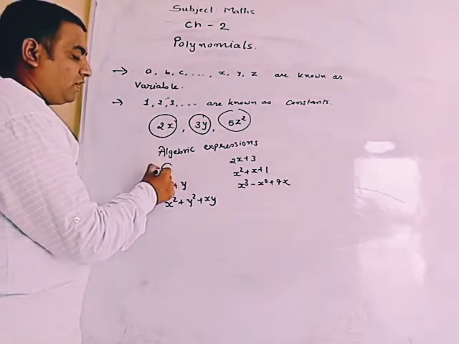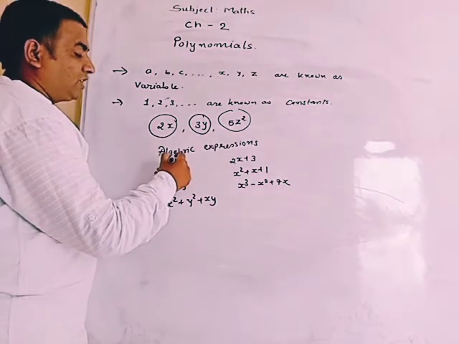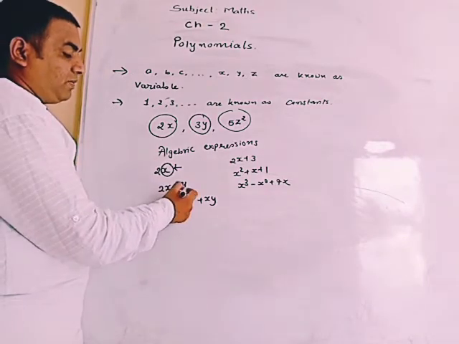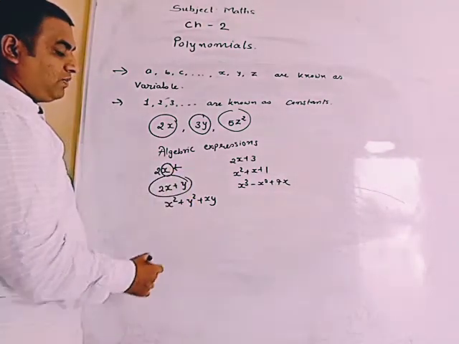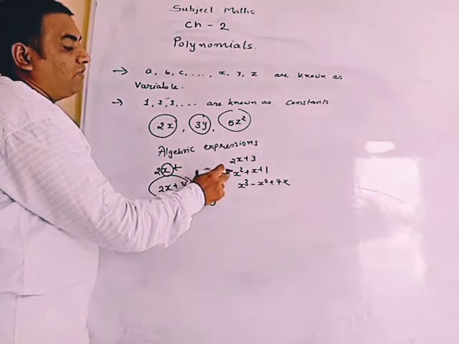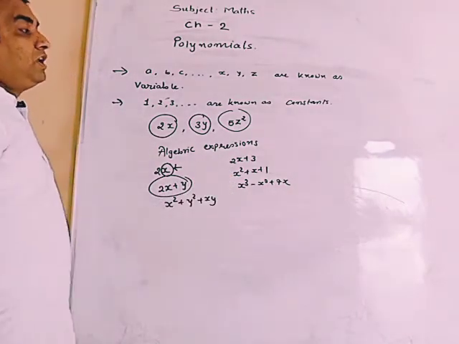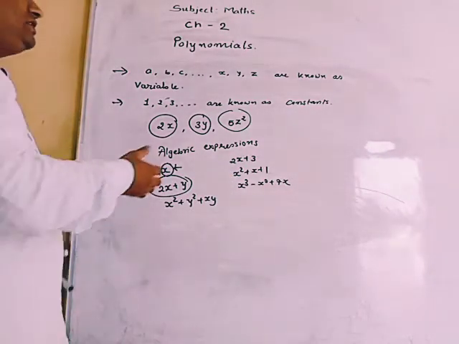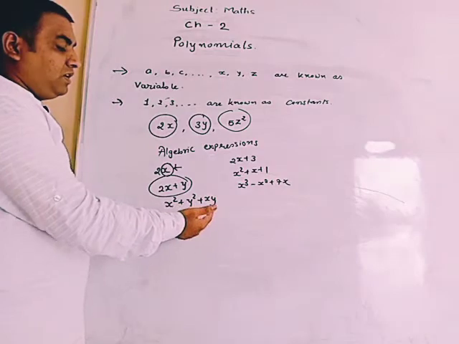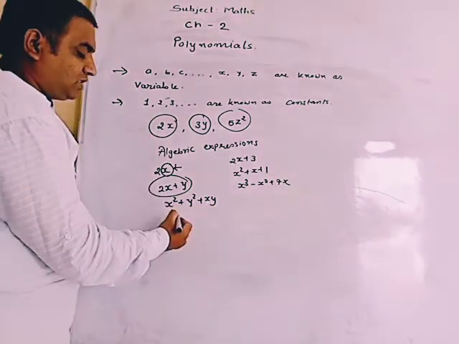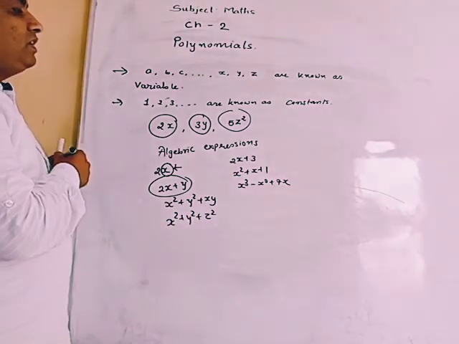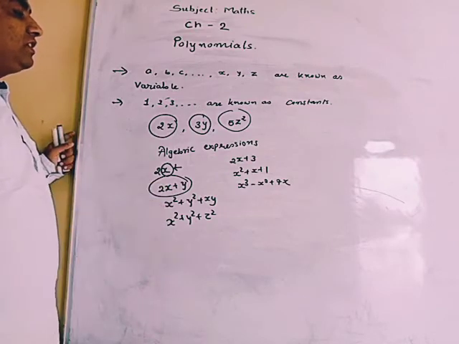So here only one variable is there. So this algebraic expression is treated as one variable. Here two variables are there, so it is known as two variable. Here two variables are there, so it is known as two variable. Here one variable, here one variable, here one variable. So if only one variable is used, then the algebraic expression is in one variable, and if more than one variable, here two variables, so it is a two variable algebraic expression. Suppose we write x square plus y square plus z square and it has three variables, then it is known as an algebraic expression in three variables.